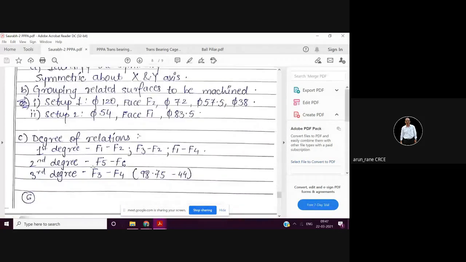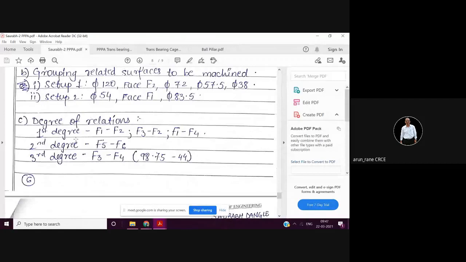Then degree of relations, I have told that if the dimensions are directly given, then it is first degree. If you need to do two calculations, then that is second degree. If you need to do three calculations, then it is third degree. So why is this important? From this, you understand the stack. So second degree and third degree surfaces are not as important.